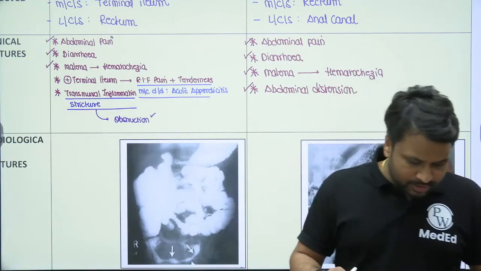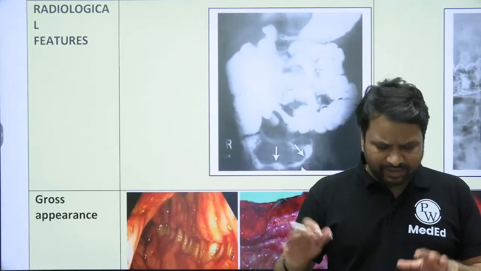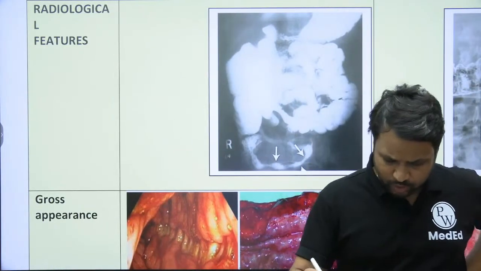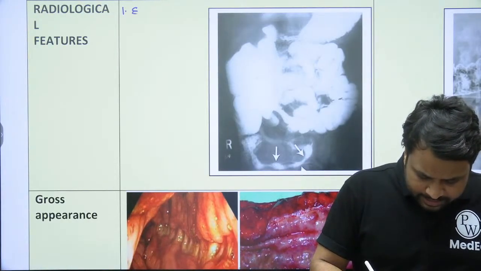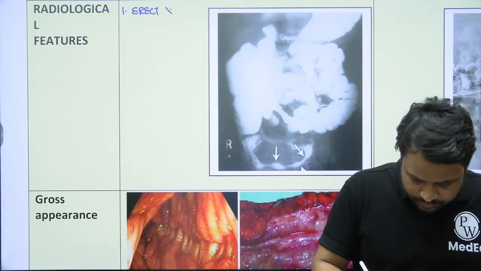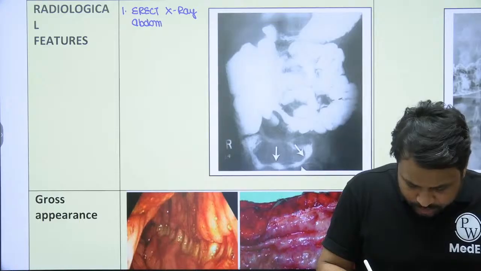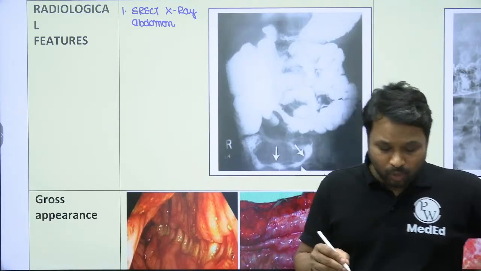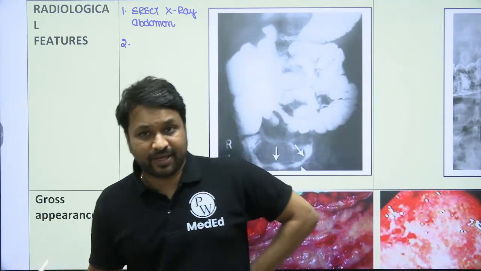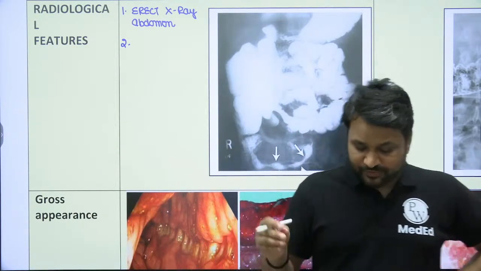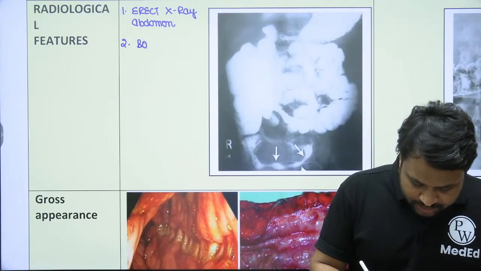Now, because the patient has presented with features of IBD, that is abdominal pain, we have a standard workup that we'll do. The first thing, I will get an erect X-ray abdomen to look for any possible complications. But more importantly, the X-ray findings are seen in a chronic phase or in a resolution phase where fibrosis has already occurred. So once there is presence of bowel stricture,